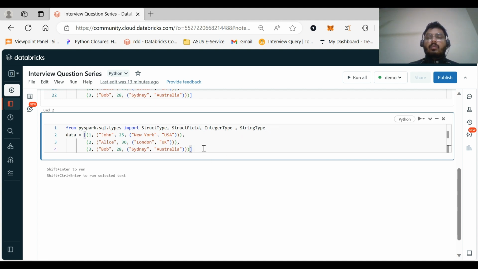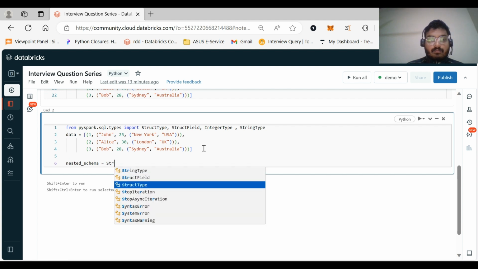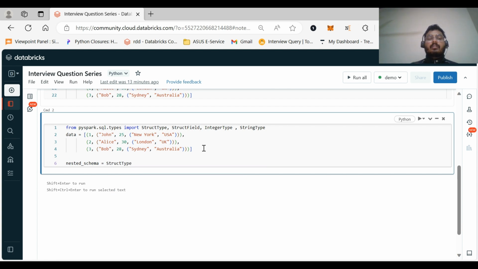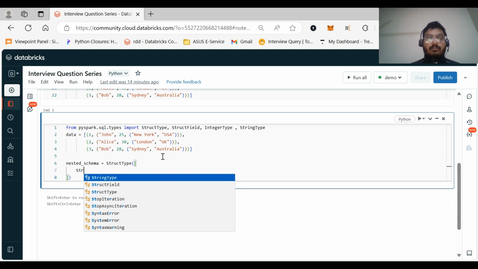First of all, we need to create a schema for this nested kind of structure that we are having. I've already explained how to create a schema. Let us give nested schema as a variable. First we will start with the StructType, which will be a schema having all the fields. Now let us begin with the parenthesis, curly braces, then a square bracket. Press enter. Now for the first field, we'll be using StructField.